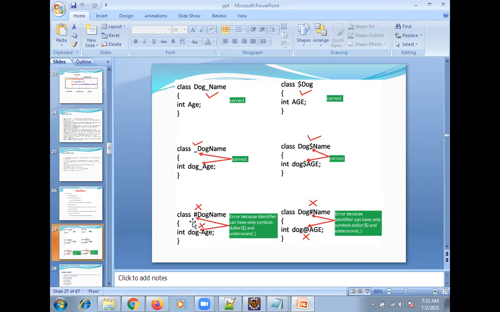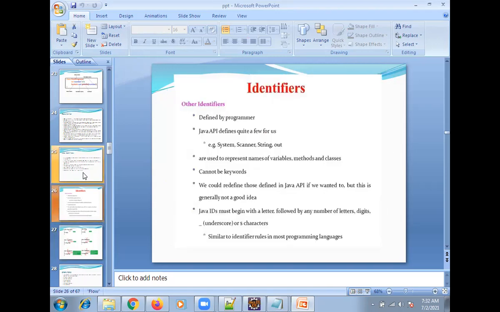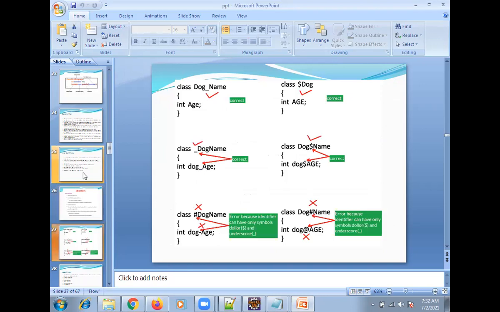Now come to other parameters. Are you able to understand what I am saying? Other special characters are not accepted. Nothing else is there. Now you need to remember this to write the program. Whether we use an identifier, class name, or method name, while writing the method names, all upper and lower case letters and numbers are accepted, along with special characters, which include only dollar and underscore. This is the rule you need to remember. Now clear, right? That is how we are going to write.